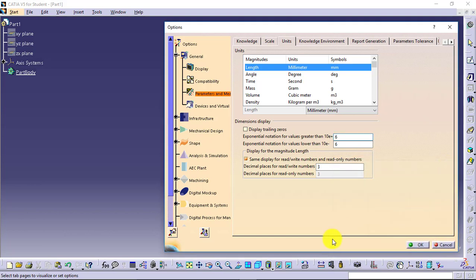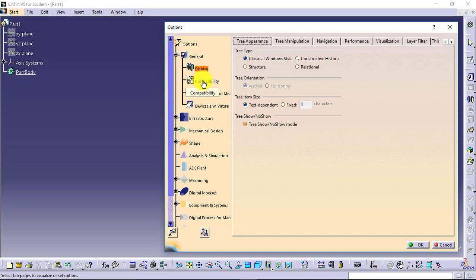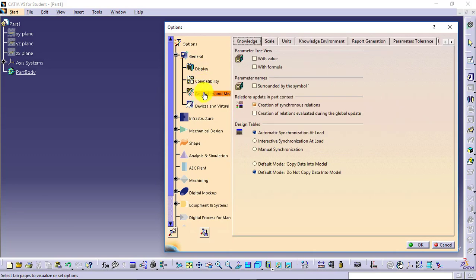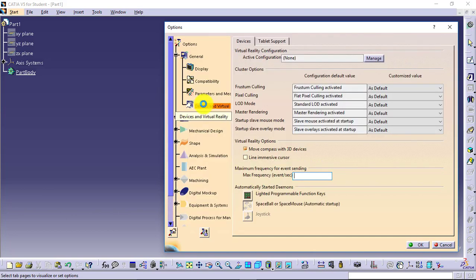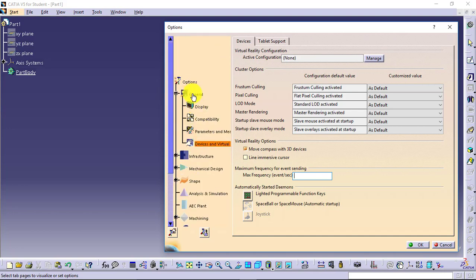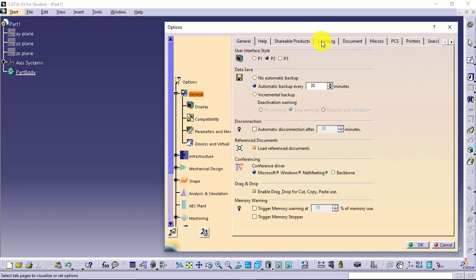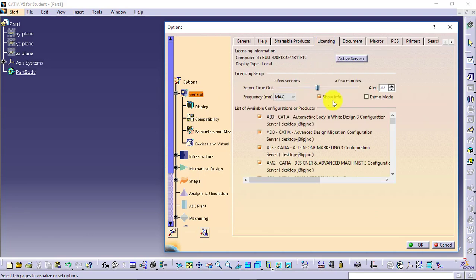Also, sometimes while working with the software, it may happen that you might go into the demo mode. For that also we have settings available that we will be covering when that demo mode comes into the picture. That will be available over here, under Licensing. You will go for General, in that you will go for Licensing, and over here you can turn on the demo mode if you want. Demo mode will not allow you to save your file.